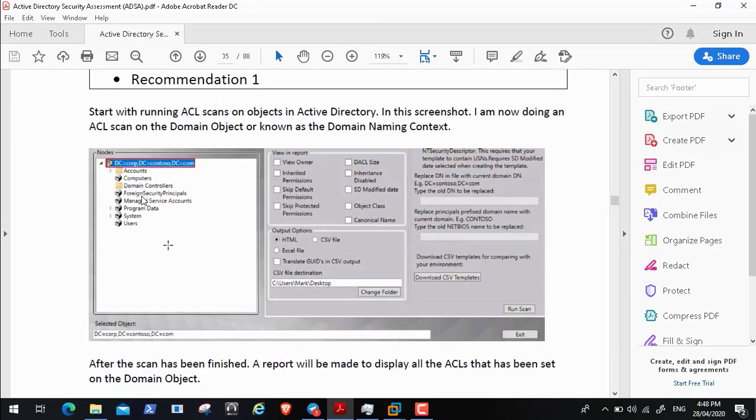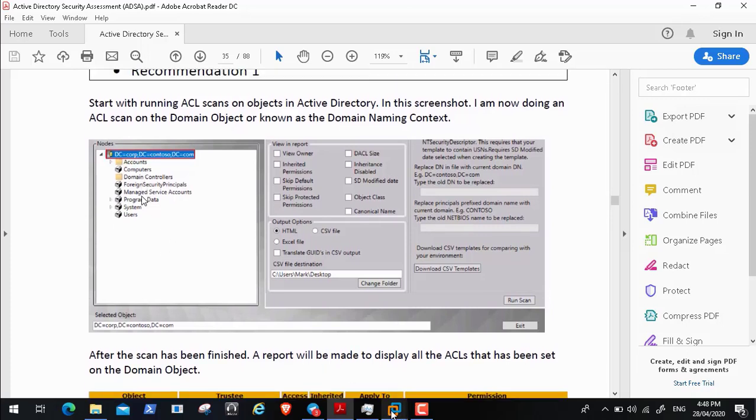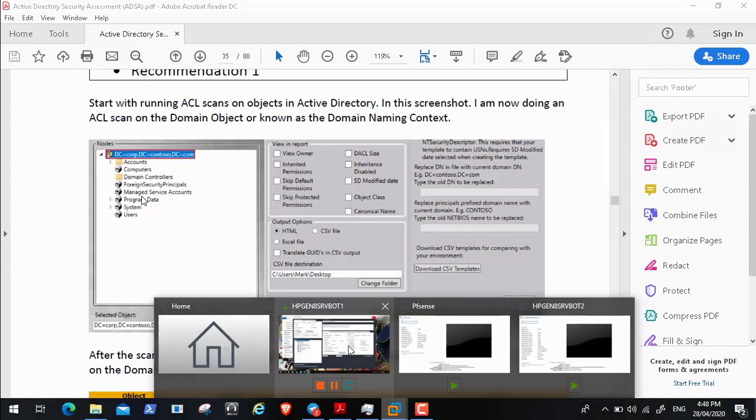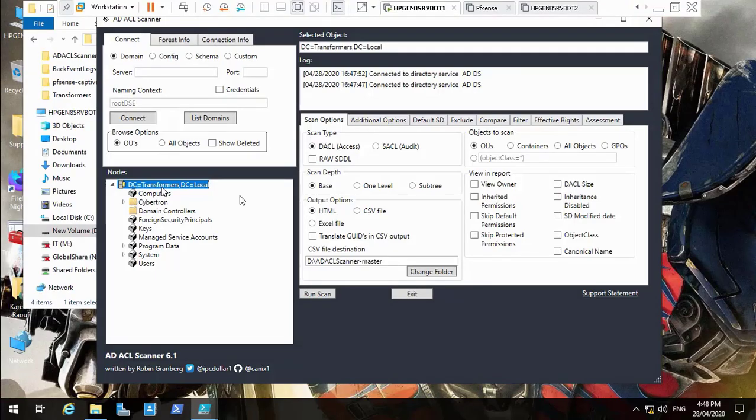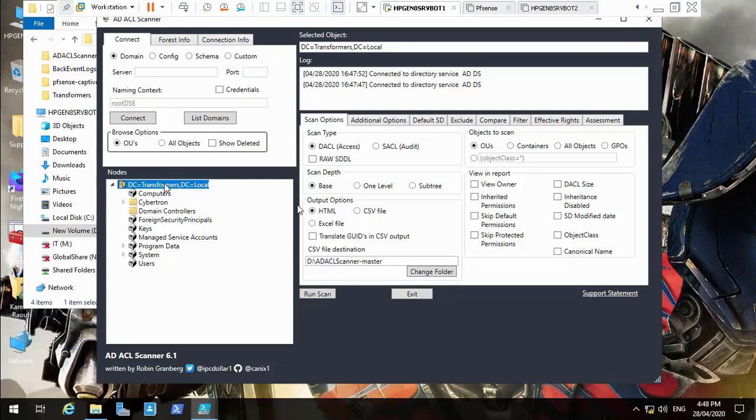He's telling us to click on the top level domain, the Active Directory domain level, which is this one. Here he wants us to check the security setting for this DC=transformers, DC=local. This is the top domain level object, or the top level domain. He wants us to click on it, and then